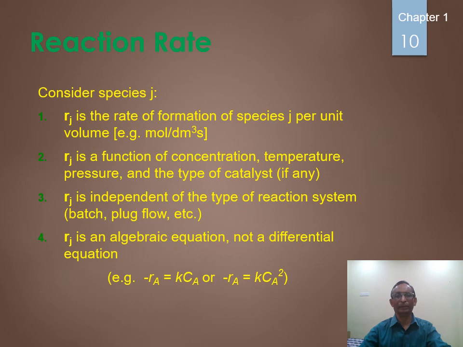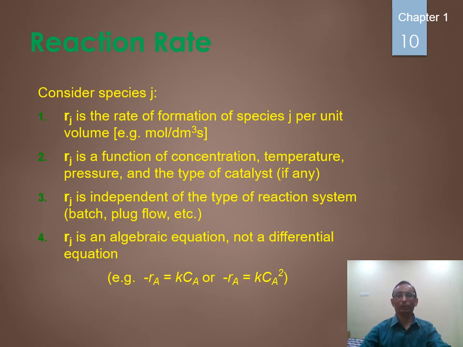If you have a species A and A is going to disappear, in the reaction A that gives B, how are you going to write it for the first order reaction? A that gives B, minus Ra, the symbol for rate of disappearance of A. Minus Ra is directly proportional to the concentration of the reactant. In the square bracket also, in place of C, you can mention the concentration of A, or you can mention Ca, that is the concentration of A. So this K is the proportionality constant, called the rate constant.